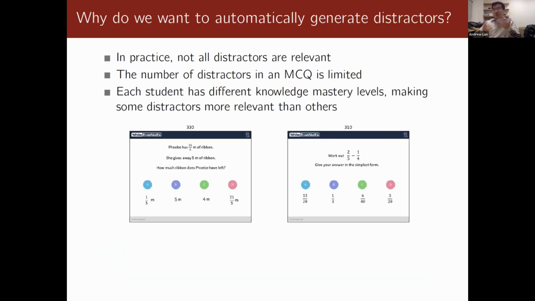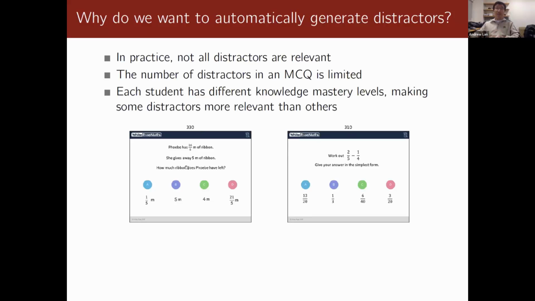However, why are we even interested in trying to automatically generate distractors? We took a look at the data that they shared with us, their multiple choice question database, and we found that despite these being good, there are some issues with this approach. First of all, in practice, not all distractors are really relevant.